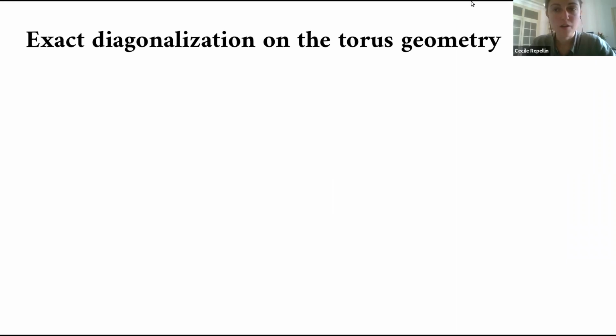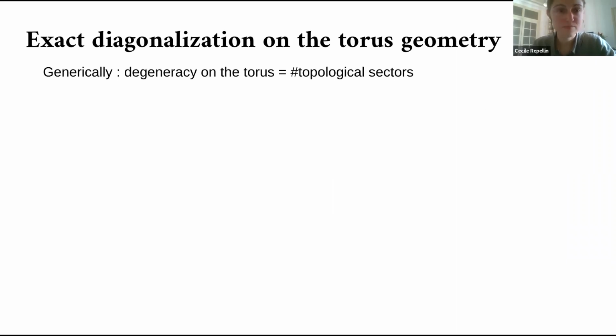So I'll talk now about exact diagonalization on the torus geometry. The first thing that you can check, and maybe one of the easiest things to check along with the existence of a gap, is the degeneracy of the ground state. Indeed, generically, we know that for a system with topological order, the ground state is degenerate on the